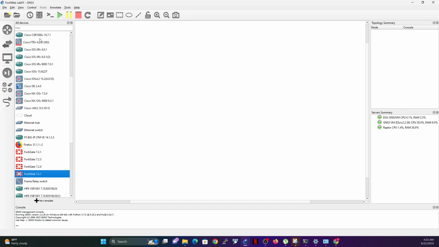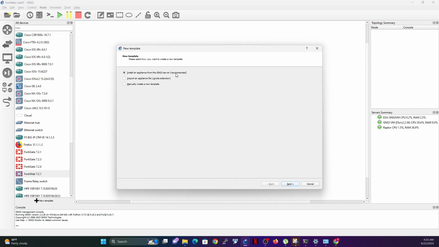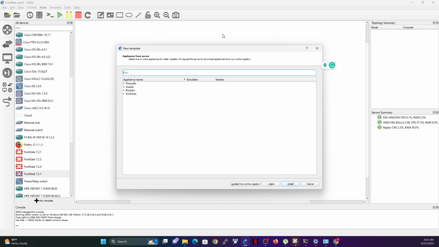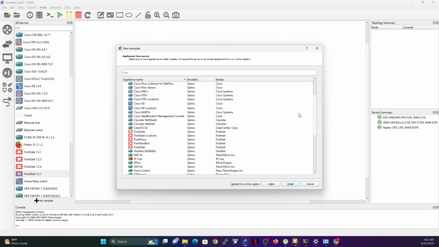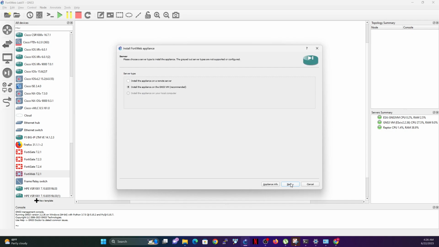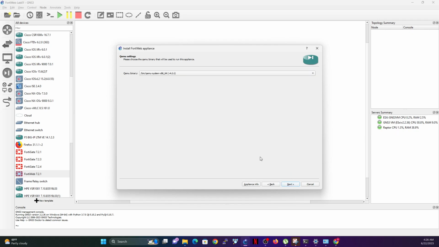So here, once you have your GNS3 set up, we're going to go to templates, or we're going to install an appliance from the GNS3 server. I'm going to go to firewall, and then scroll down to FortiGates. Now this is for FortiGates, but we're doing FortiWeb, so this is FortiWeb. So click install. We're going to install on GNS3 appliance. I do have my GNS3 running on these appliances here, so I could choose any of them, but for now I'm not really worried about which server is actually going to be running on.